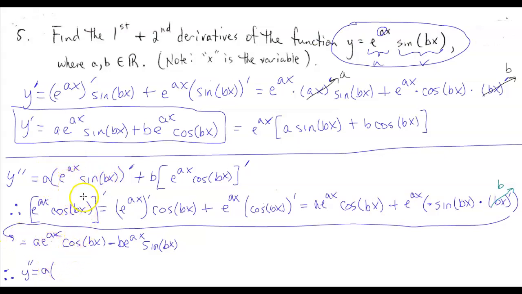So it's just going to be a e raised to the ax sine of bx plus b e raised to the ax cosine of bx